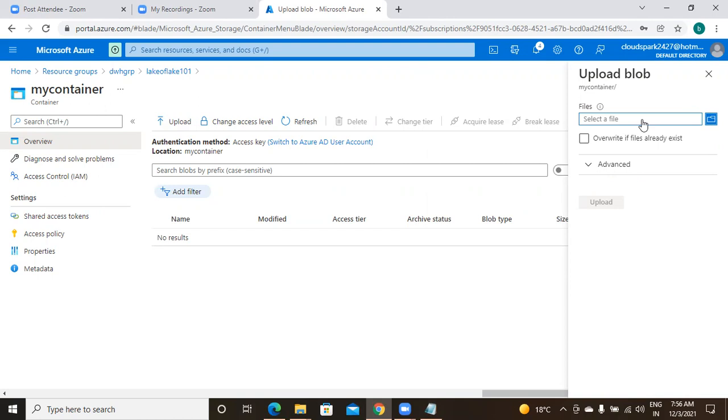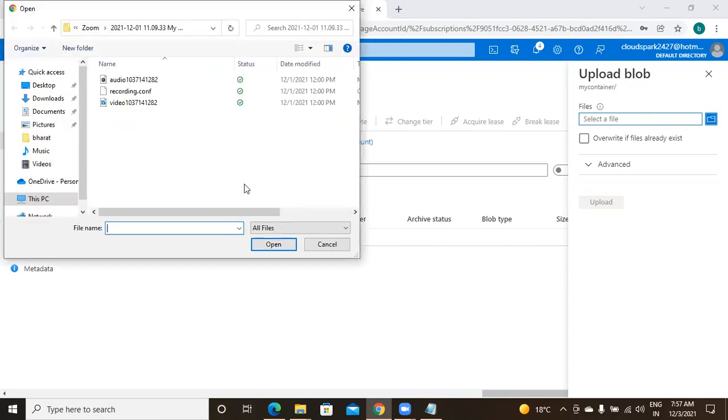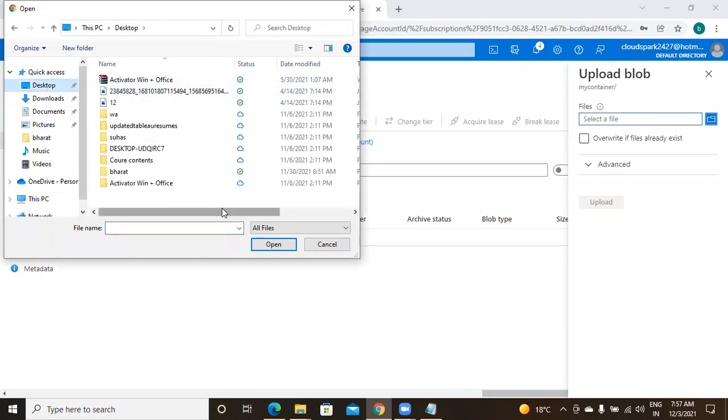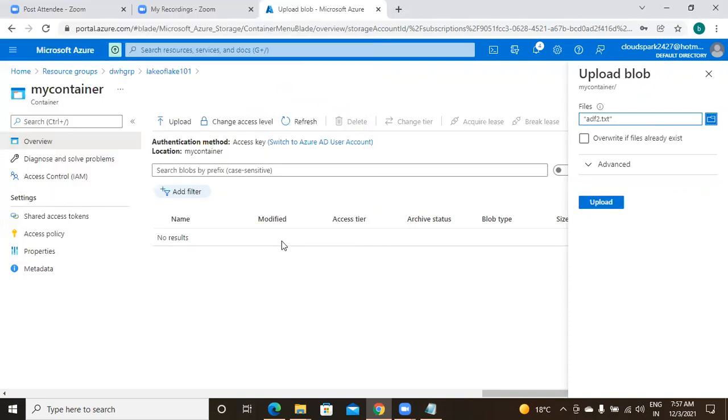If the file is local, you can select it like this. If the file is remote, that is on a different server, you have to use ADF. Got it? Till now we did not enter into ADF. Just select any one file, some sample unstructured file. ADF2.txt, and then finally I am uploading.